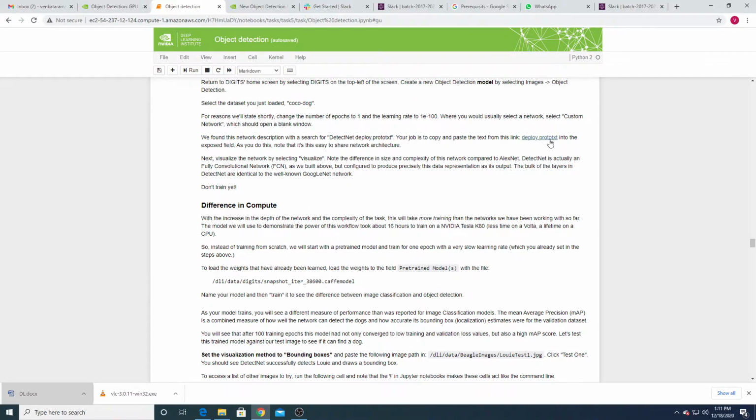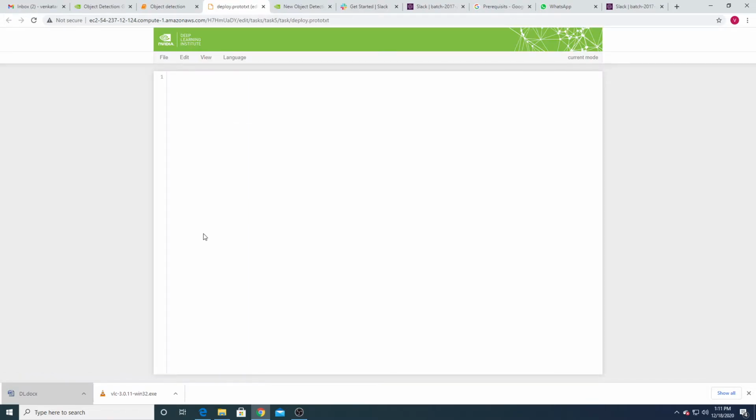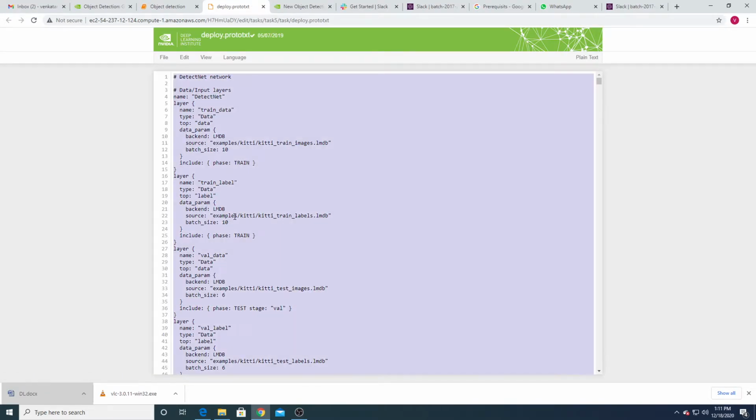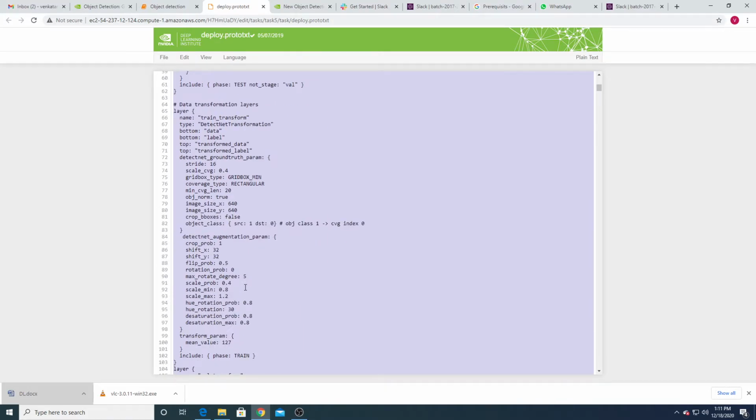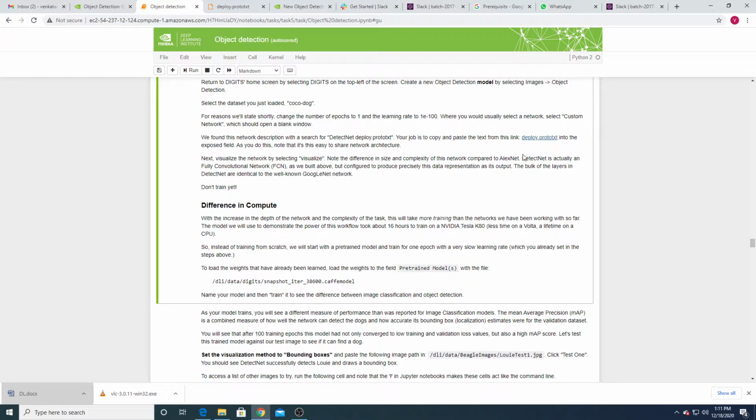Now see, what does the prototxt contain? It consists of the Caffe code to build a CNN architecture, right? So this is the CNN architecture Caffe code for the DetectNet, right? So what to do here is I'm getting the prototxt here.